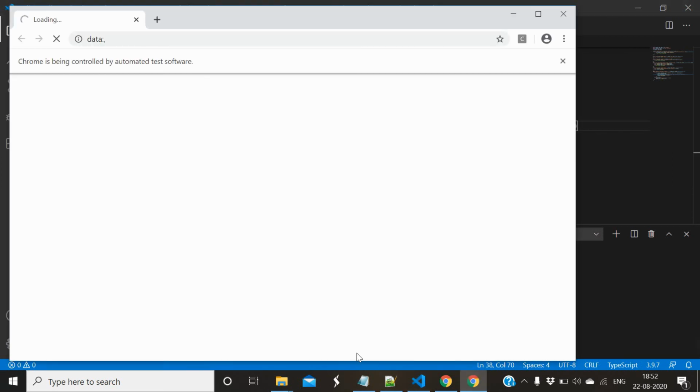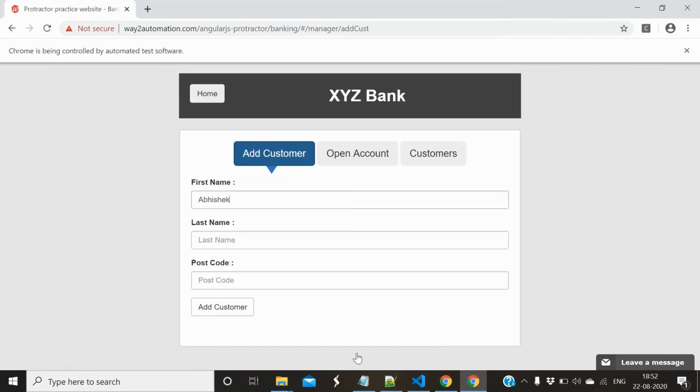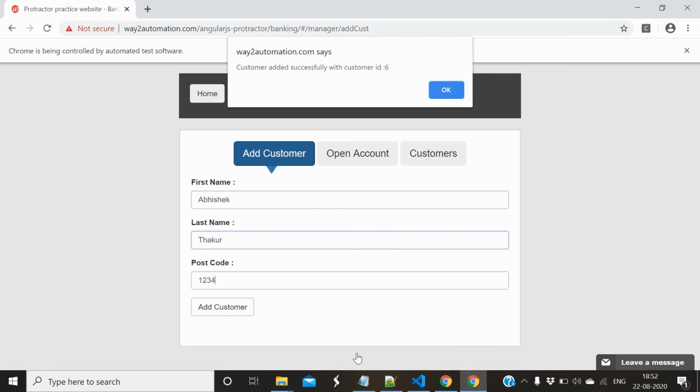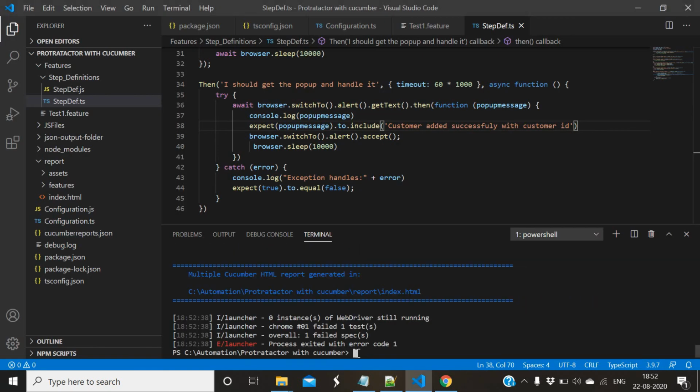These are the changes you can directly make in your project, and it will generate good reporting. This will be good reporting for business persons as well. You can directly share it with your managers or other stakeholders. Okay, so we have failed it, because intentionally we made the modification in the assertion, right? That's why it failed. And just see the reporting now.